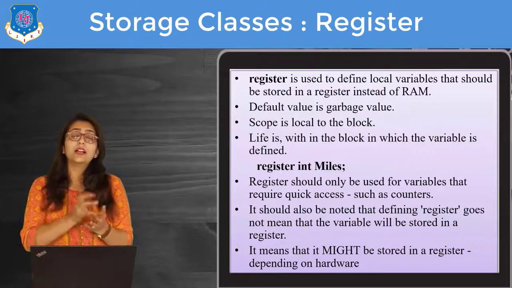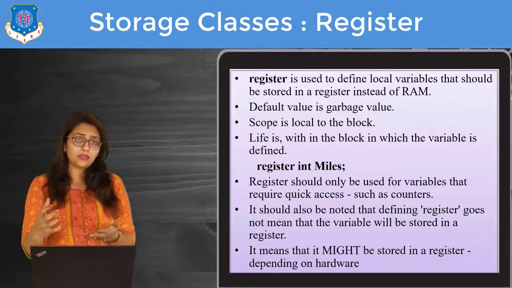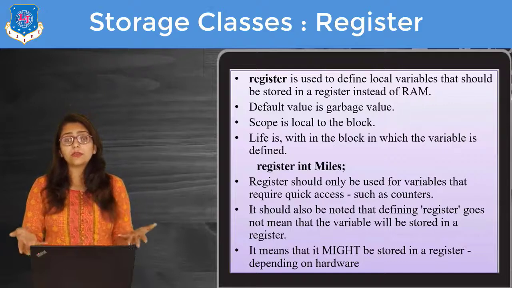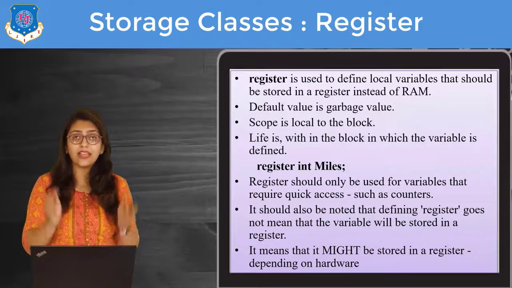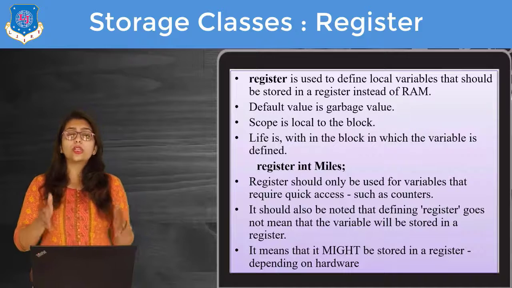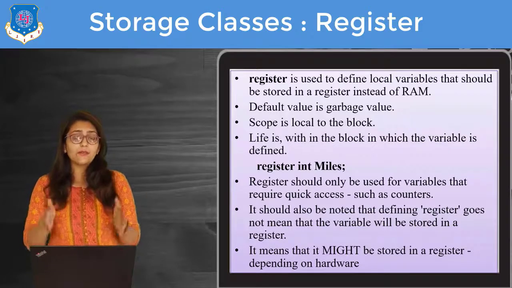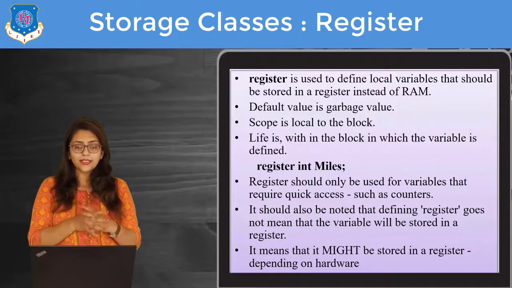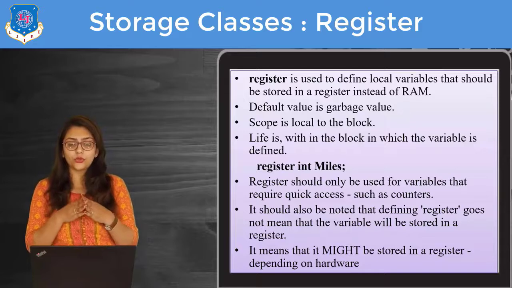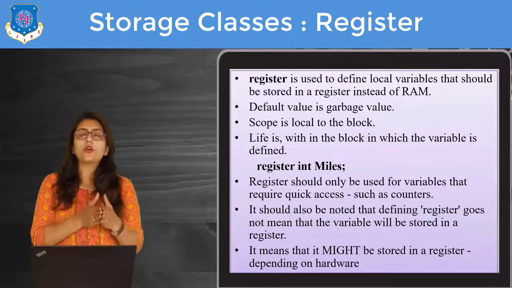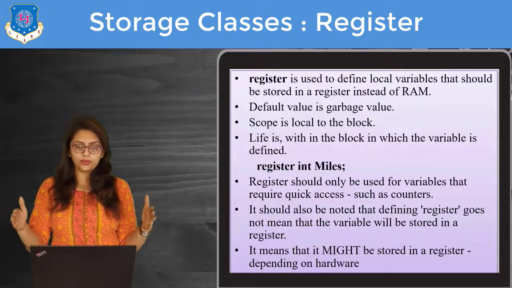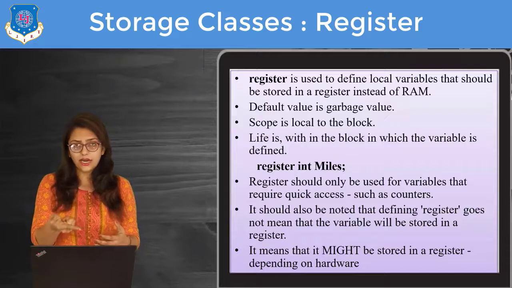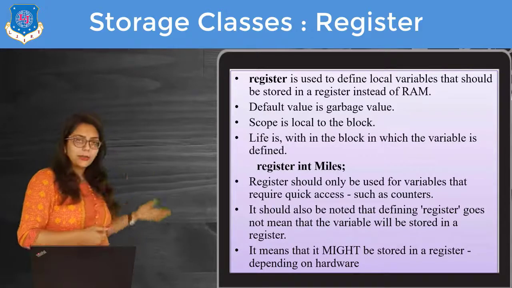Suppose you are declaring every one of your variables as register. If you have used 100 variables, then it is possible that your current system does not have that many registers. The number of registers inside your system is limited, so it depends on your hardware. That's why the last statement says it might not be stored in a register depending on your hardware. If you don't have the available registers, then it will be stored inside memory because you don't have that hardware. So it all depends on your hardware.